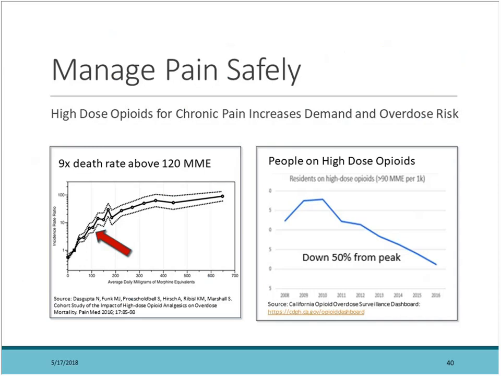On the left there, that graph basically shows the risk of death depending on the dose of opioids on a daily basis. And what it shows also is that it really begins at 0 and is linear, but jumps up significantly after about 100. We've made a lot of progress across the state, and most counties are seeing progress in this, partly because of this recognition of the mortality risk for high-dose opioids. But we still need to make sure that we're tapering people safely off of those very high doses rather than cutting them off completely.